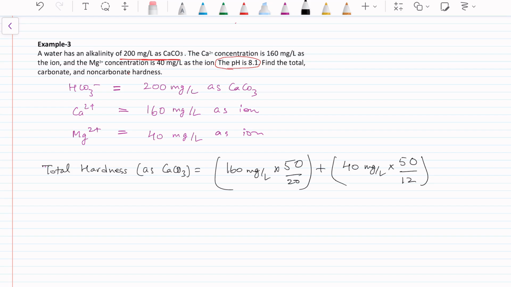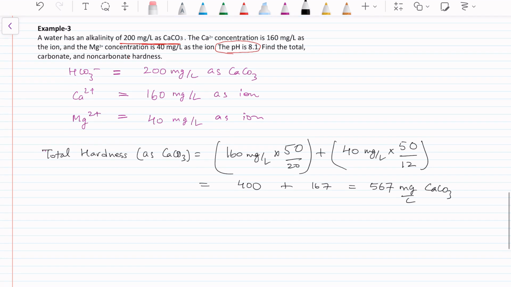And if we solve this, we get 400 plus 167, that gives us 567 milligram per liter as CaCO3. So total hardness is then 567 milligram per liter of CaCO3, and carbonate hardness, if you recall, is